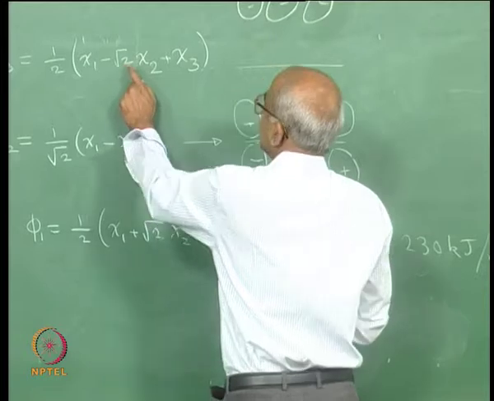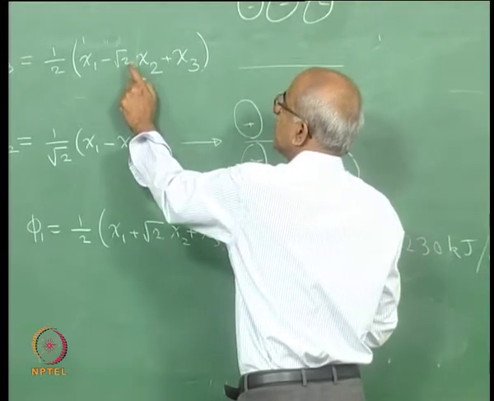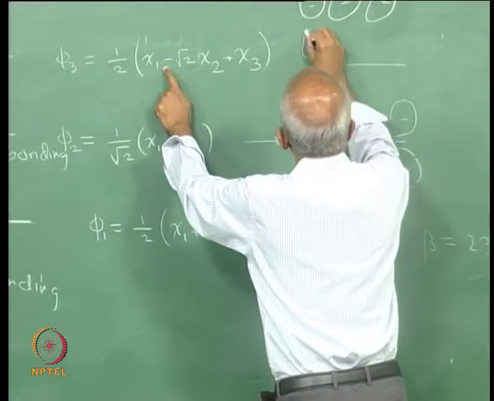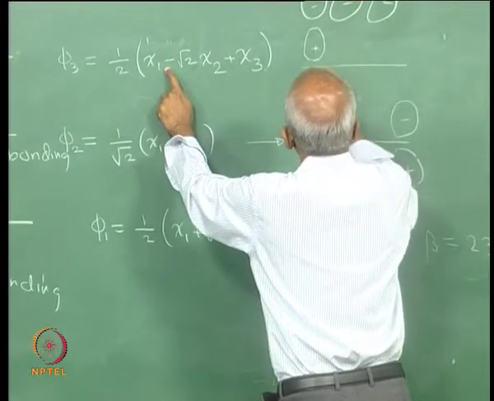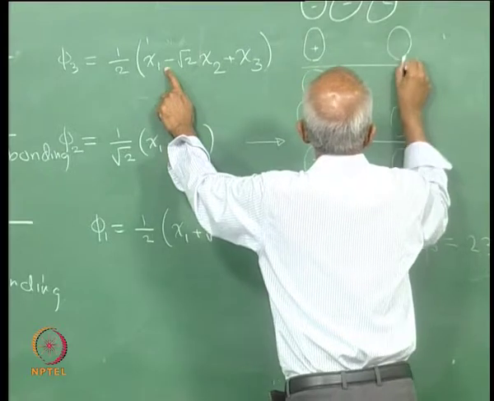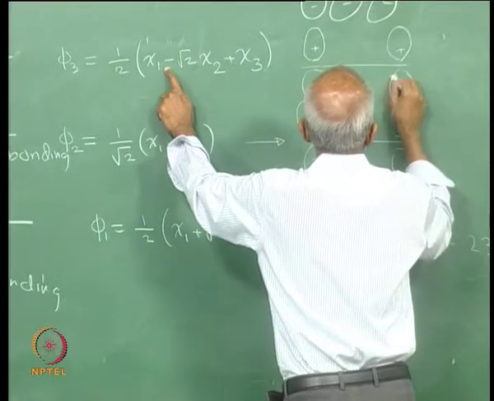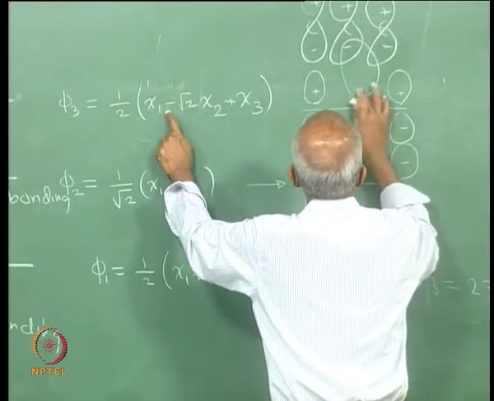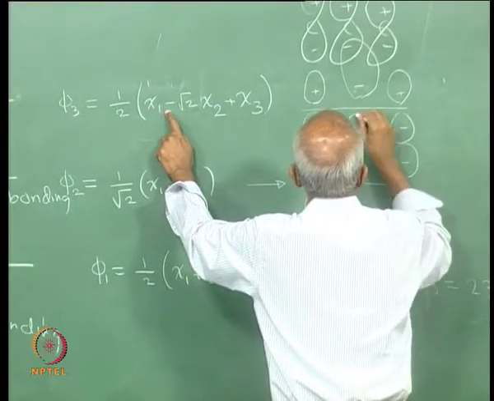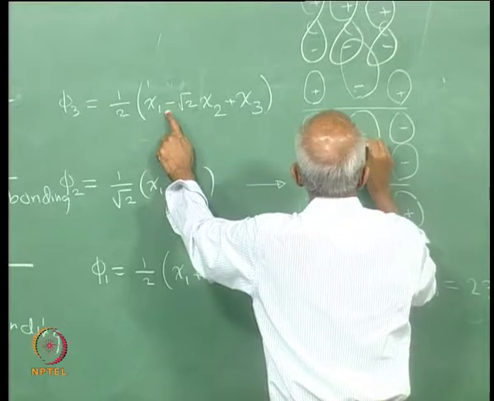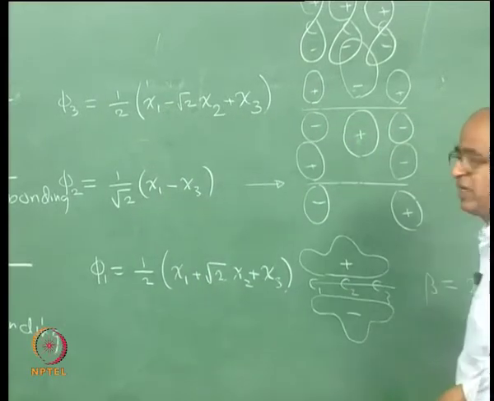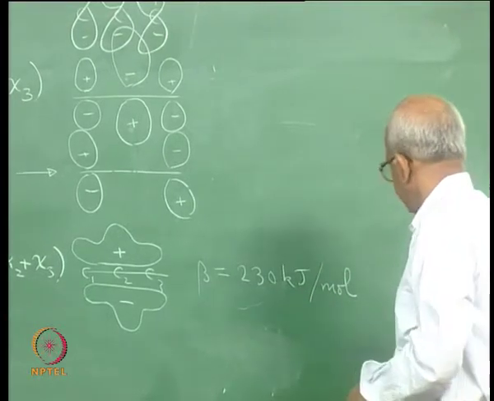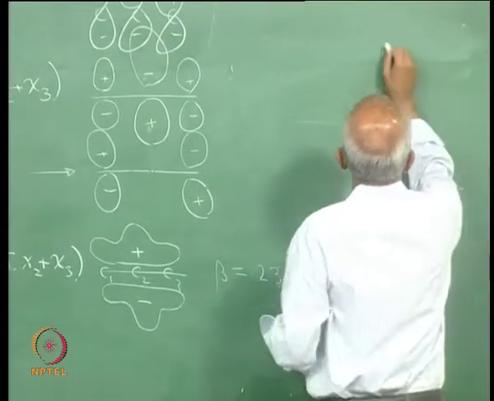Well, here again the contribution of the second atom is more, but it occurs with a negative sign. So, therefore, how will I represent it? Well, this is plus, that is minus, this also is plus, here is minus, but the middle one you have to multiply by minus root 2, and therefore, that is how it would appear. This value of beta, let me keep it somewhere else.